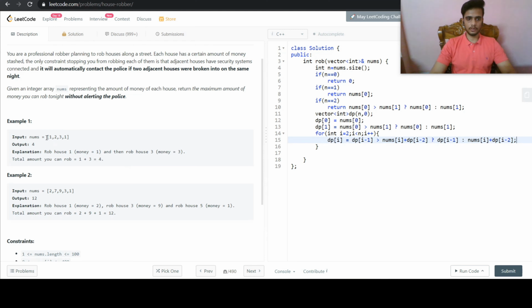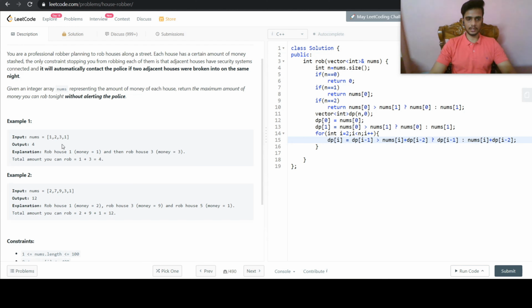So let us simulate this case for a better understanding. If we have only one house, then the robber will rob that house. So dp of 0 becomes 1, and dp of 1 becomes 2, since 2 is greater than 1. Next we will enter this loop, and for dp of 2 we will decide whether dp of i minus 1, that is 2, is greater than nums of i, that is 3, plus dp of 0, that is 1. So 3 plus 1 becomes 4, so we will store 4 in our dp array.